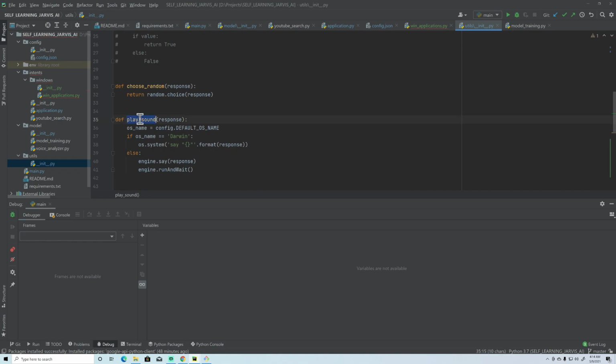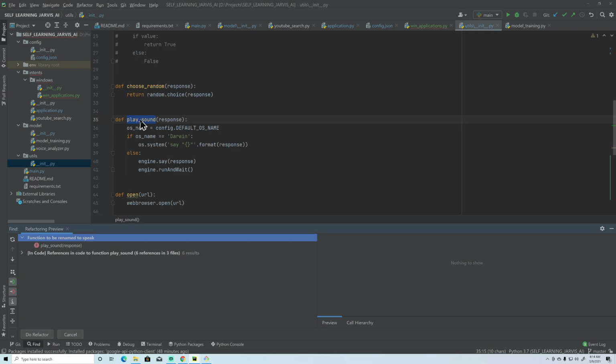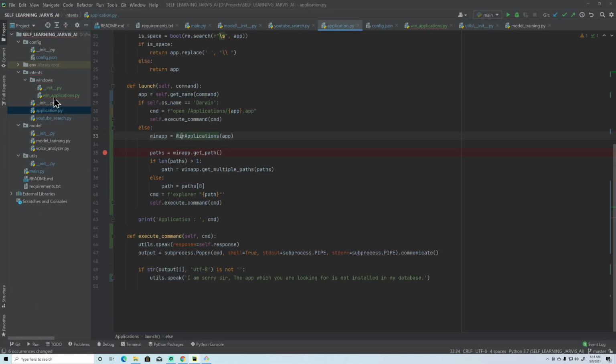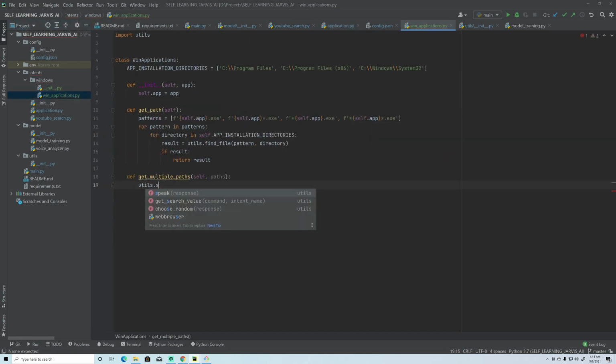Play sound. So I'll just rename it as speak, refactor, yes, and go to this win application and utils.speak, and it will speak: I got multiple applications, which one would you like to open?